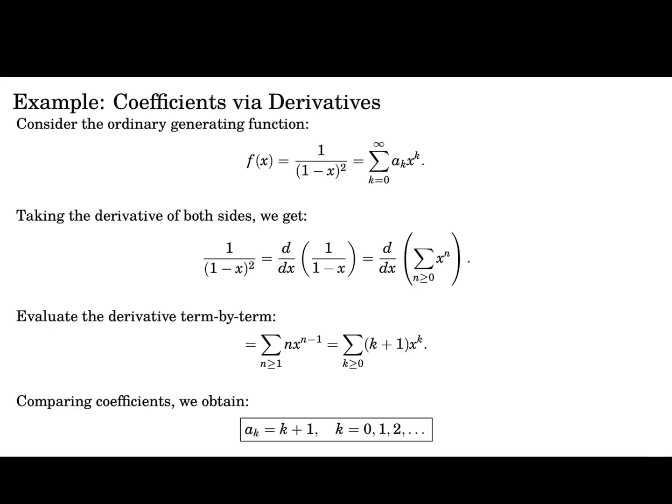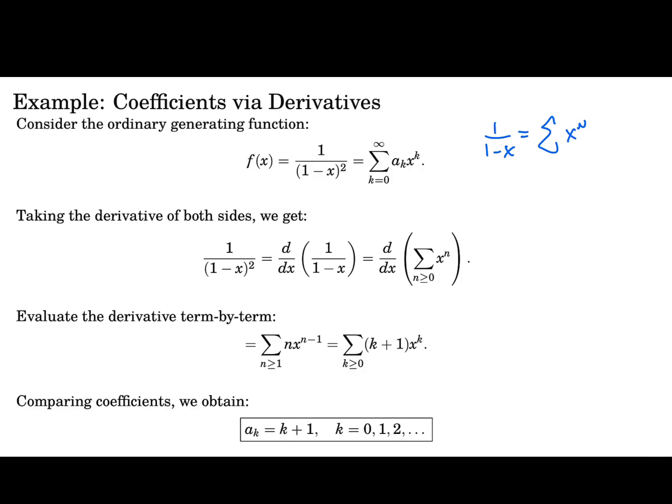Let's do an example. So let's use derivatives to find, again, the coefficient of this here. In a previous video, we showed how to find it with convolution. And now we're going to show how we can find this a_k here using derivatives. So think of it like this. If we start with 1 minus x, that we already know the generating function for, so we know that this is a generating function for the